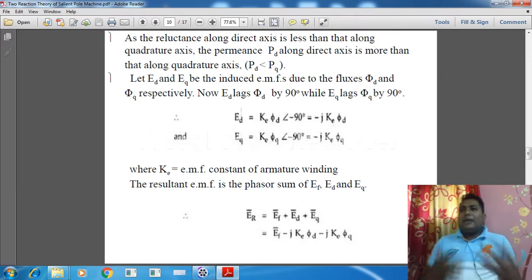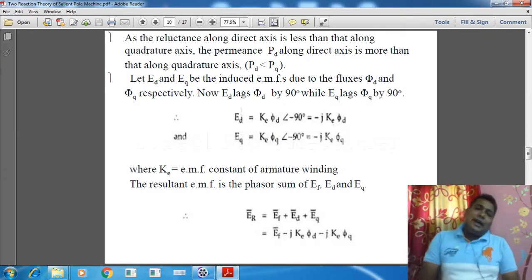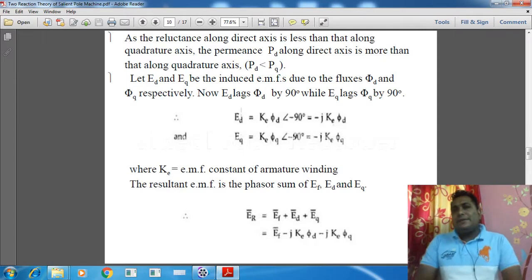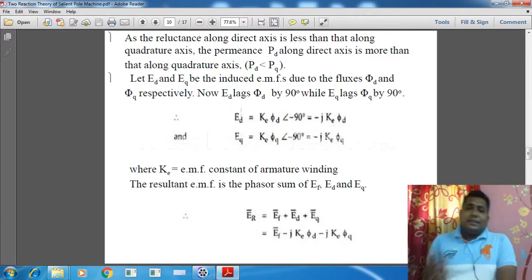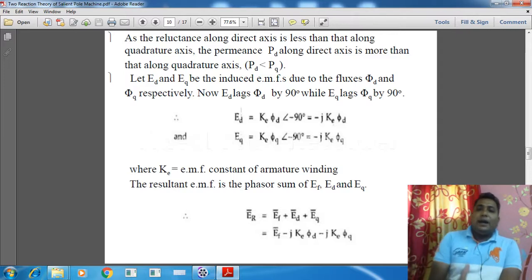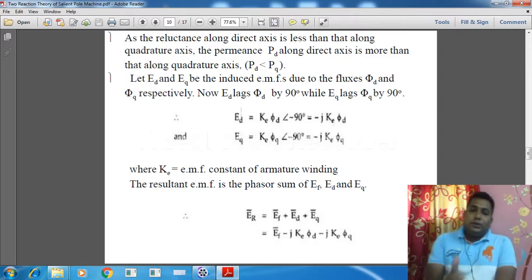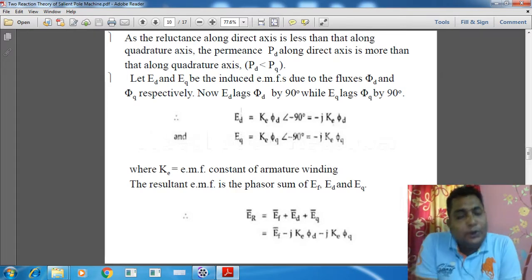So that means when the fluxes are flowing, what are the fluxes? Phi d and phi q: in the direct axis there is a flux, in the quadrature axis there is a flux. So due to these two fluxes we are assuming two EMFs, that is Ed and Eq. Ed is the direct axis EMF, Eq is the quadrature axis EMF. Now Ed lags phi d by 90 degrees, while Eq lags phi q by 90 degrees. So we can write Ed is equal to Ke into phi d at an angle